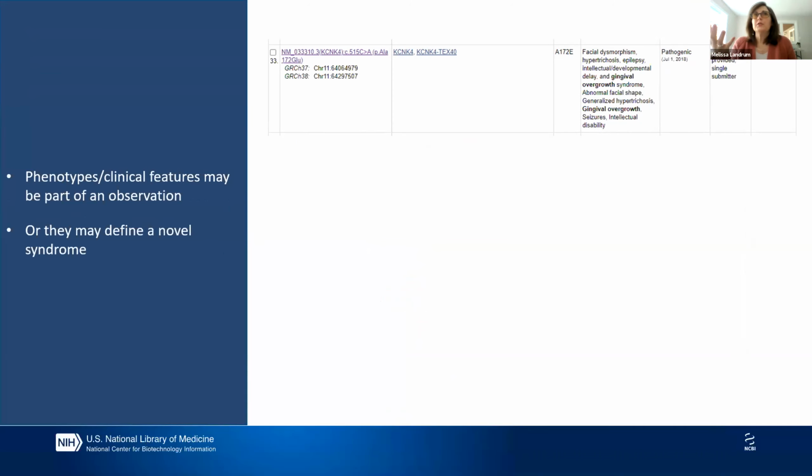Sometimes the interpreted condition is really a set of clinical features, not a disease name. And so sometimes you may actually see the phenotype name in this column. This reminder, this is the column that reports the condition that the variant was interpreted for. And you can't really tell very well from this particular display, but if you click through to this record and